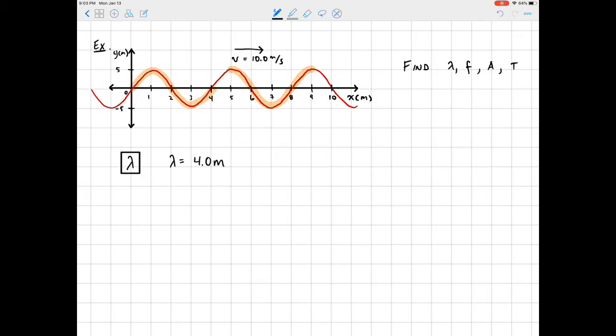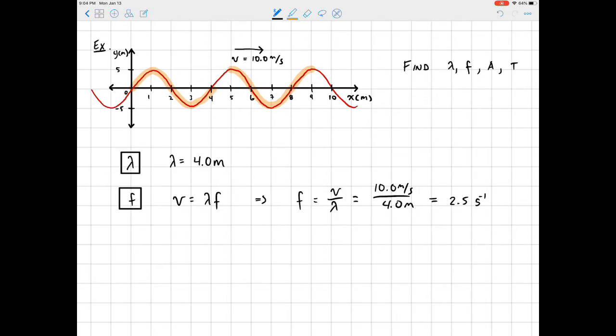All right. Now, next up is the frequency. So let's find the frequency of the wave. Now, how are we going to do that? Well, we're going to do that by taking advantage of the relationship between the wavelength, the frequency, and the speed. And so using that expression, we can calculate the frequency just by taking the ratio of the speed and the wavelength. So the speed is 10 meters per second. The wavelength is 4 meters. That makes the frequency 2.5 inverse seconds,